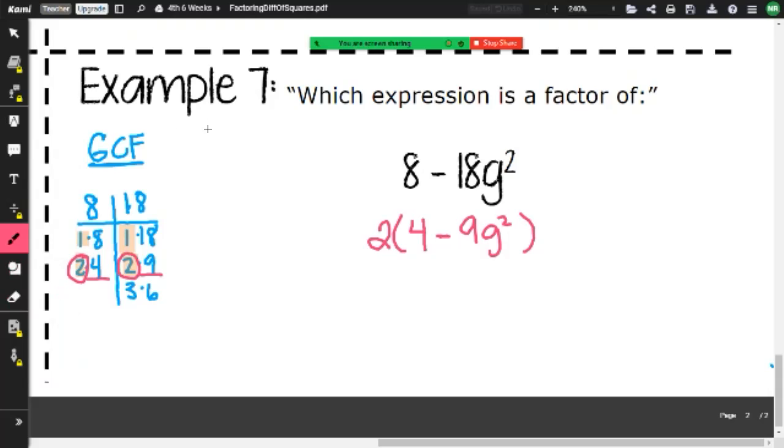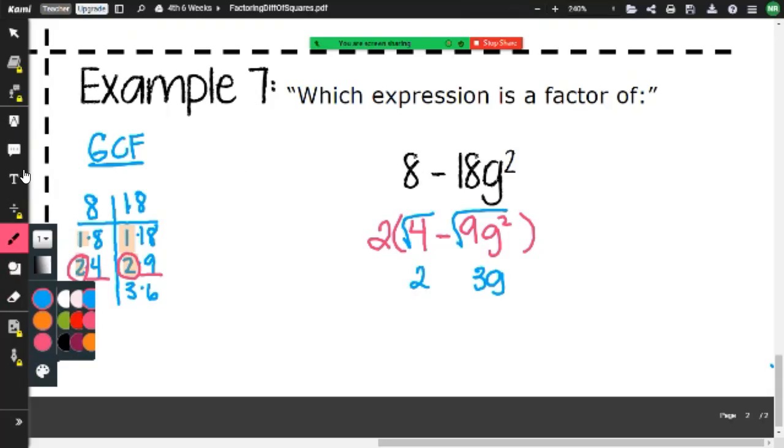Now, if you take the greatest common factor out correctly, what should be left behind? Perfect squares. Now, if I know it's a perfect square, what do I do? Take the square root of both terms. The square root of 4 is 2. The square root of 9 is 3, and the square root of G squared? G. All right, what do I do with that 2 in the very front? Bring it down. And I create 2